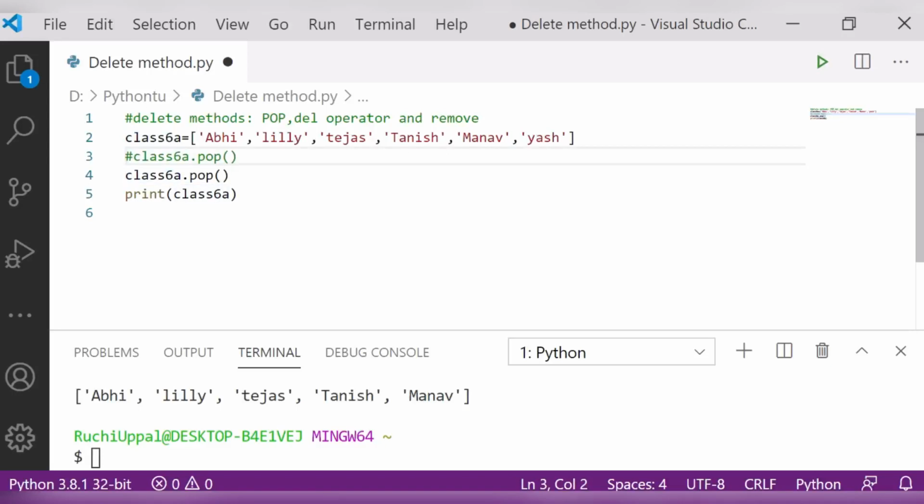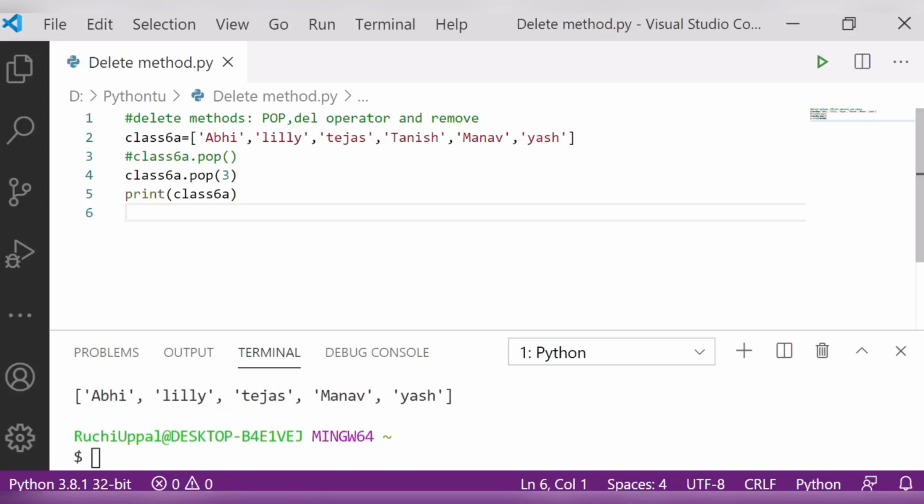If I say three, I am telling it to delete the element at the third position. This is my zeroth one, first one, this is second, and this is the third one. So it has to delete that one. Let's save and see, will it remove Tanish from my list? Yes, of course it is working here. So this is how your pop method works.